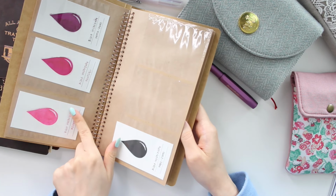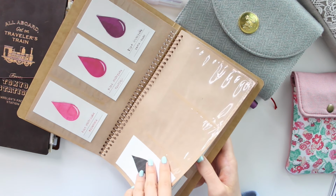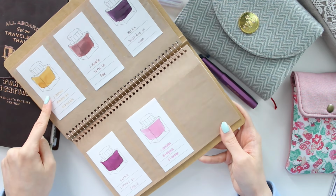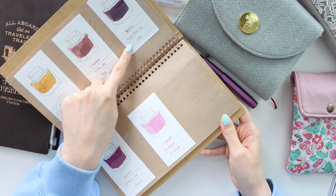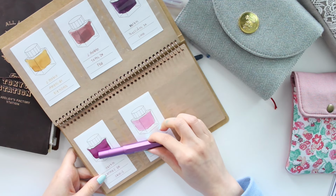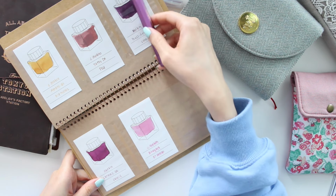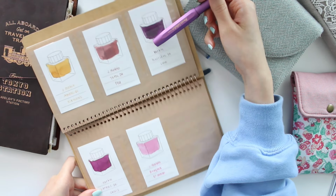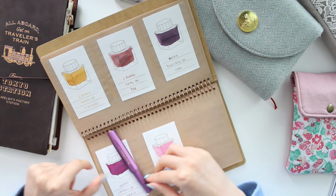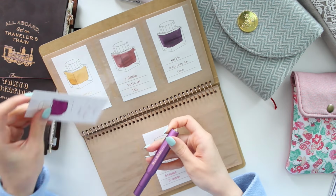This one I already have inked up in my Decimo, so I don't want to do that one, but I know I have some new ones from the Jacques Herbin line. This one, Poussière de Lune and L'Ame de Cassis, which I haven't really used. So I was thinking maybe one of these could match this pen. This one's a little bit darker. The Poussière de Lune is a little bit darker than the actual pen, but this one, the L'Ame de Cassis, I feel like is a bit pinker than the pen. So let's see which one